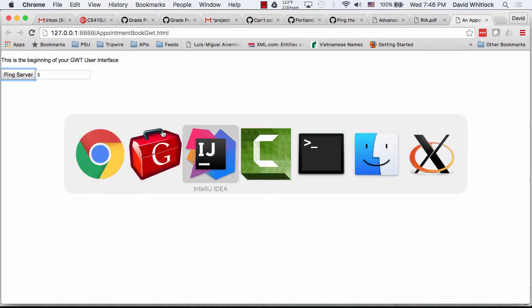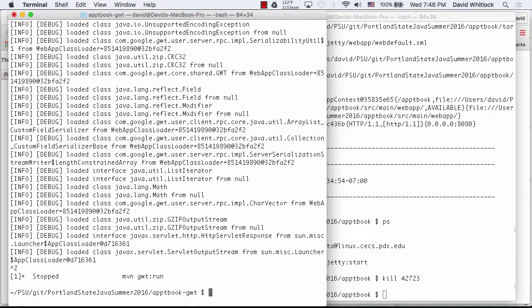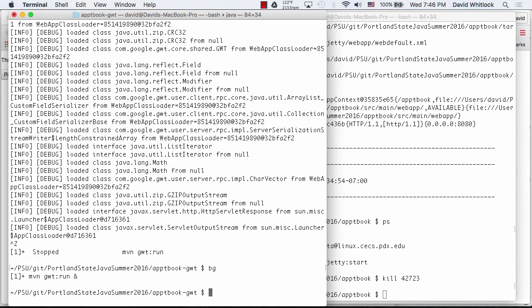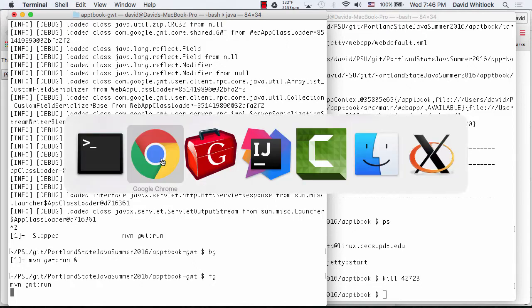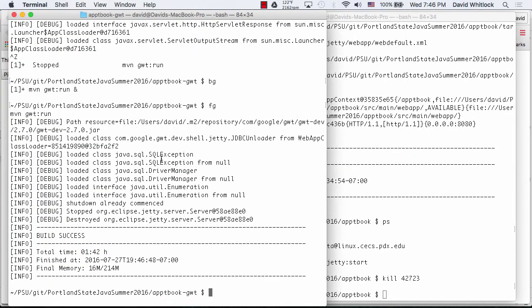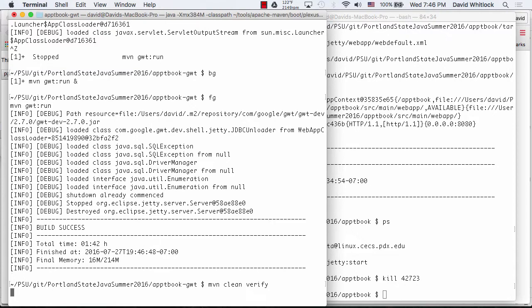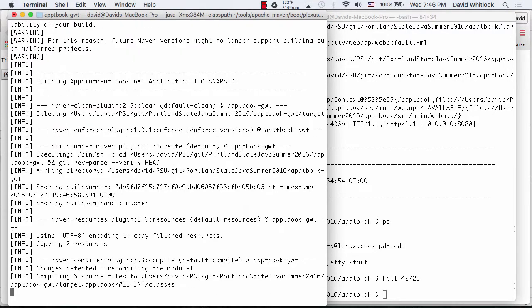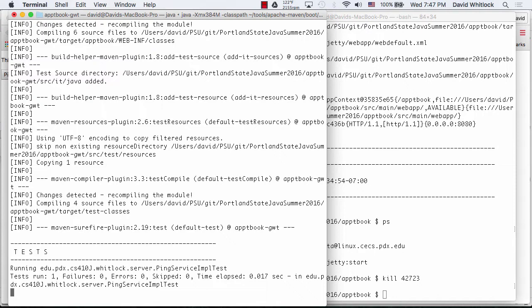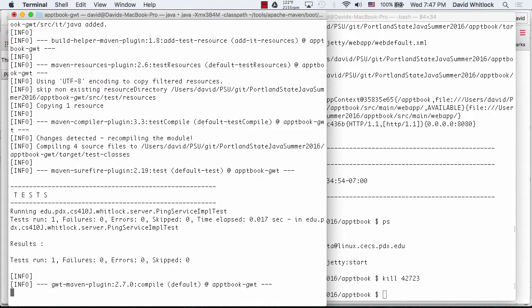Let's see here. Let's put this in the background. Well, actually, no. Let's quit out of that. We'll quit out of development mode because now I want to know if my Maven works. One of the things I always do before I check in is I see if it works for Maven. So, clean verify does what clean verify does. It blows away all the artifacts, and now we get to actually see